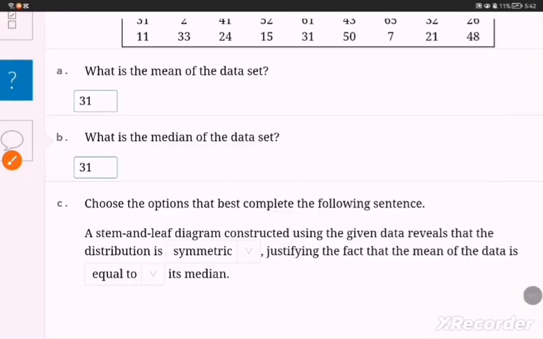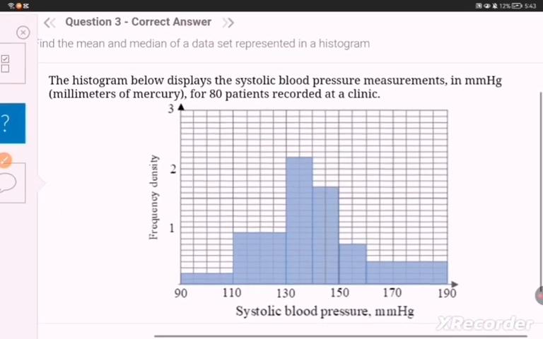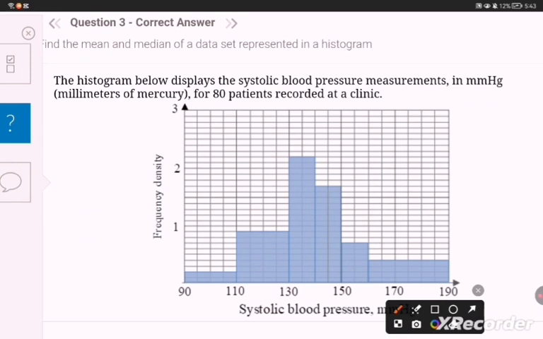Part C, they told you a stem and leaf diagram constructed using the given data reveals that the distribution is symmetric. Whenever your mean is equal to your median, it's symmetric. Your mean is greater than your median is right skewed, and your mean is less than your median, it's left skewed. Number 3, they gave you a histogram and they gave you the frequency density on the side and the